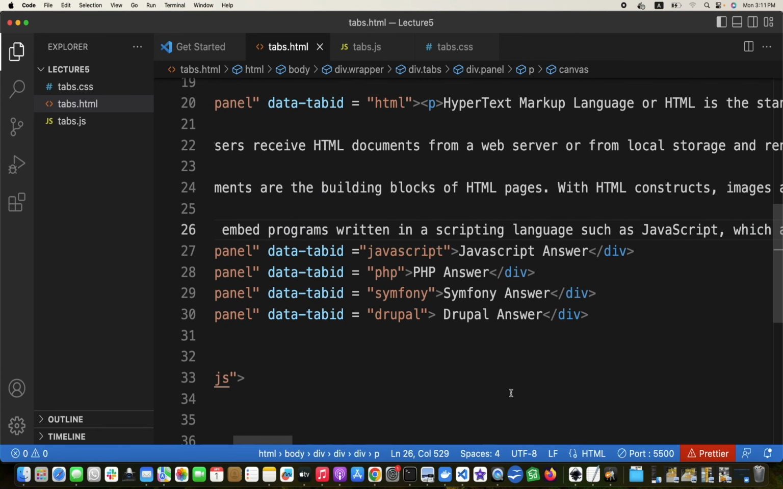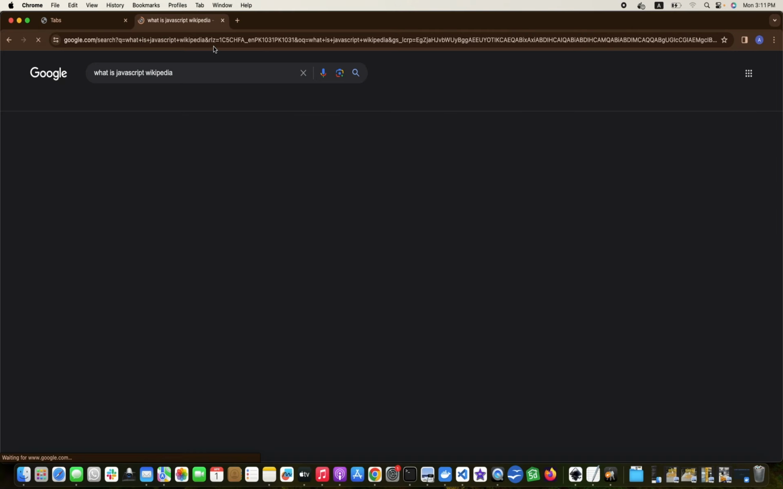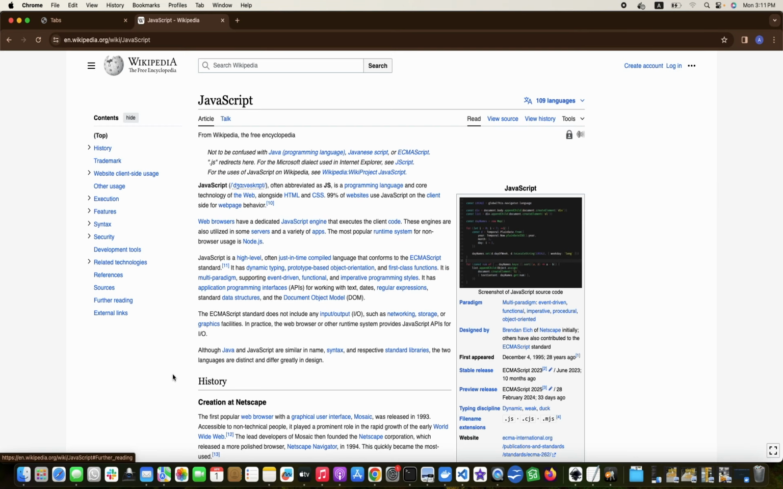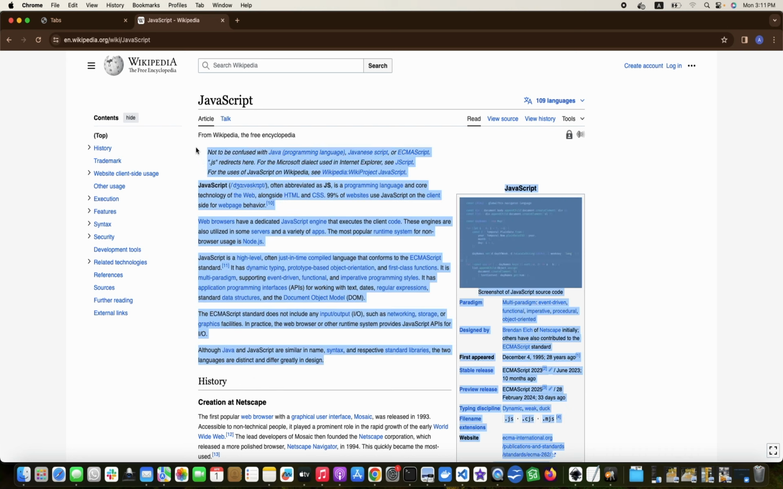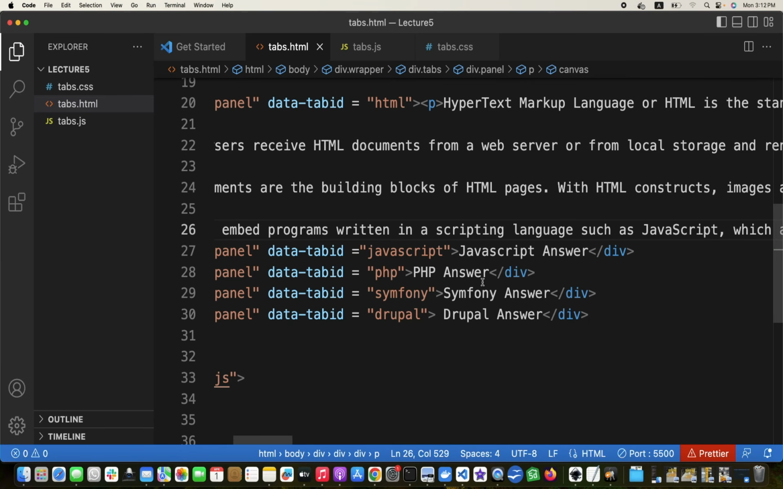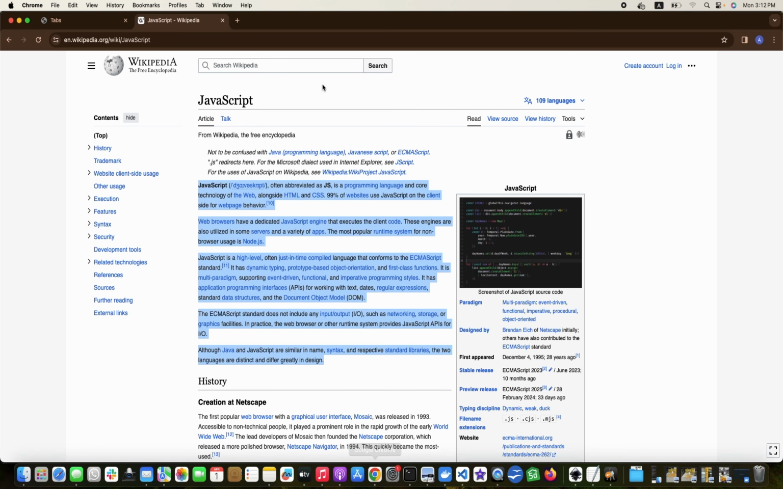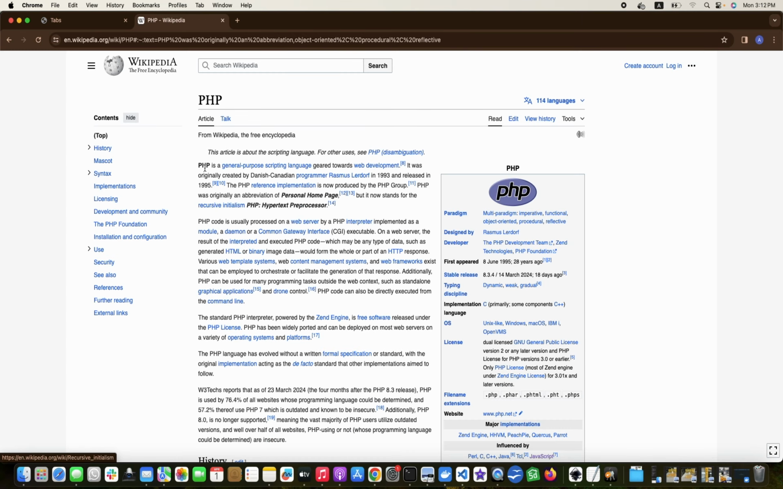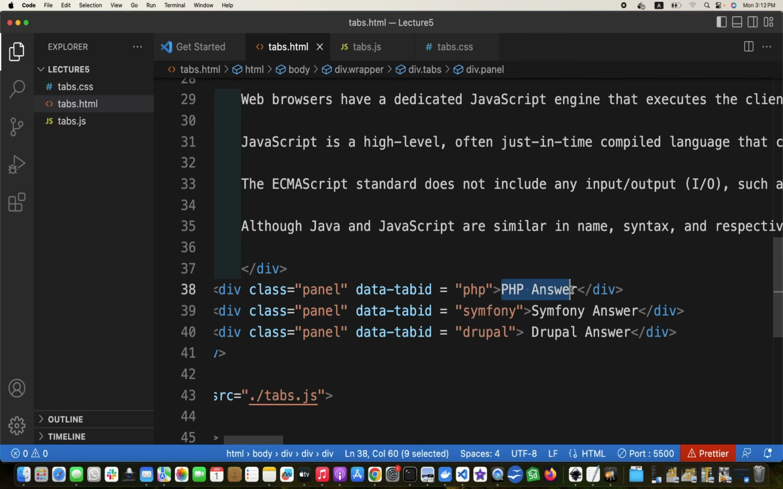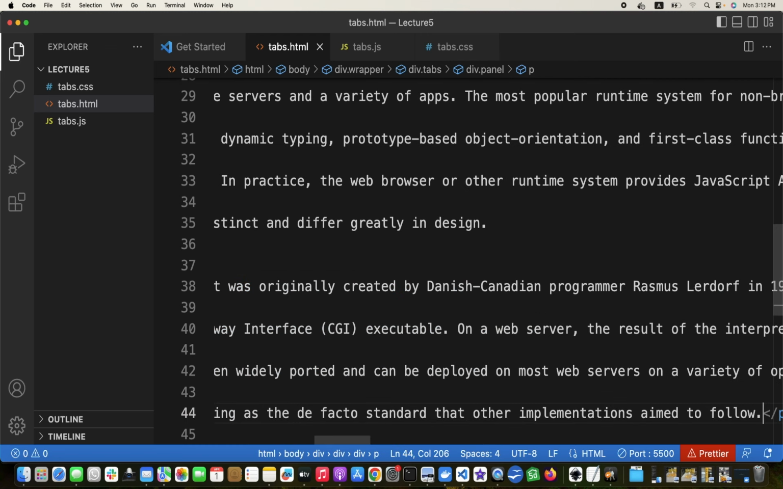and then for JavaScript, what is PHP? Then